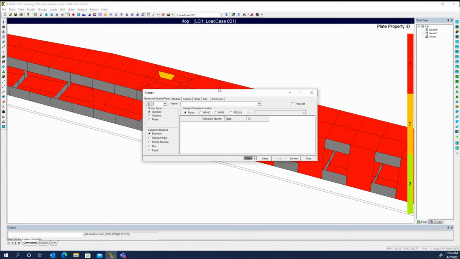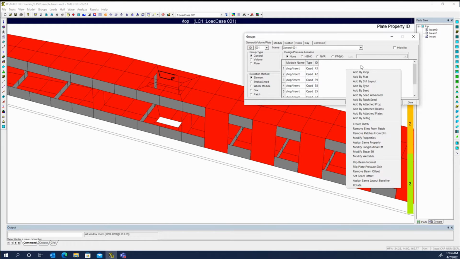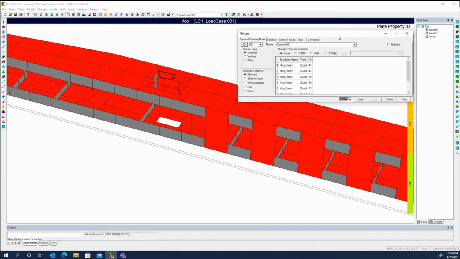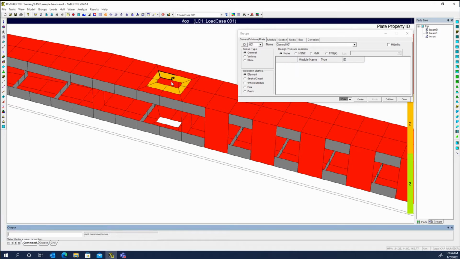But in the group modify, there is also a feature here where you can grab a number of elements, and then the last one you select, you can say assign same property. Now, actually, I think you can highlight any one of these, and it's the highlighted one. When you say assign same property, everything that's currently selected in the group is going to get the property of